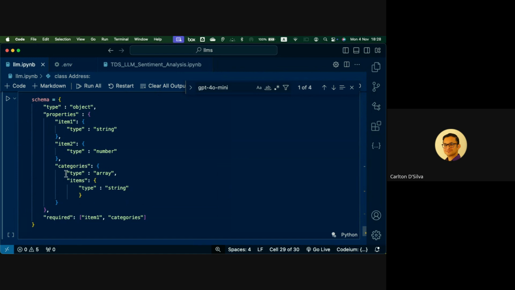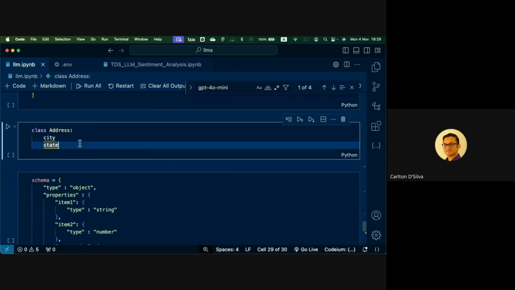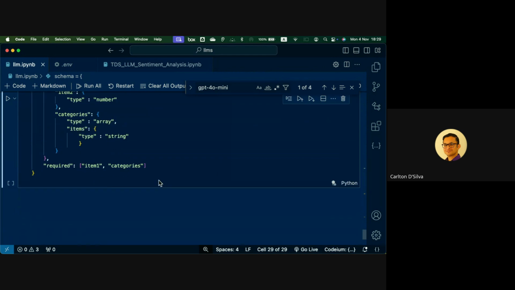Because remember, JSON doesn't know anything about, it's language agnostic, right? It can be for any language, C, Pascal, whatever it is. So it doesn't know what's actually in it. That's why you have to describe everything. Whereas when Python interprets this, it already has a set of rules and it knows what to do whenever you're describing or making things in Python.